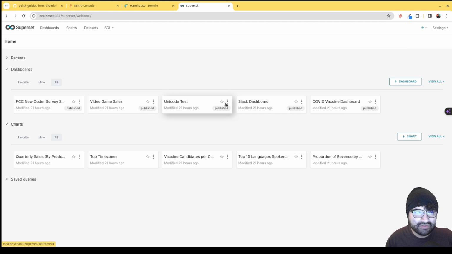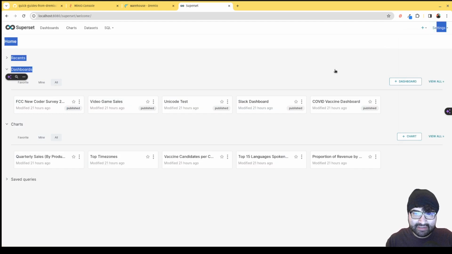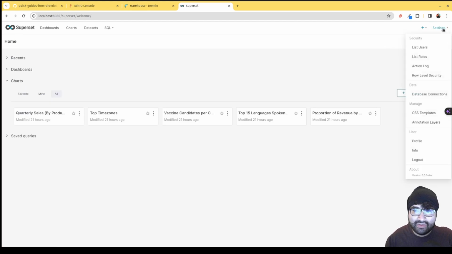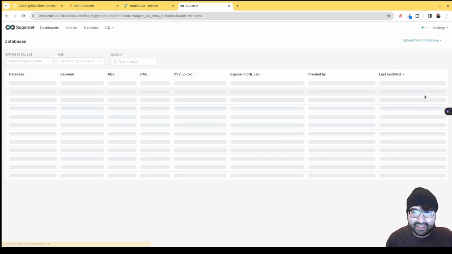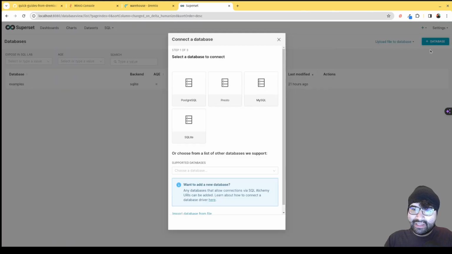Okay, and now this is looking much better. See, basically the big difference is that now I have this plus button here, and now I can actually establish database connections. So in this case, what I want to do is click on database connections, and we're going to want to add a database. So right now it has a default SQLite database that exists on the container for you to practice with. So you could practice with that, but you can also click here on database to establish our connection